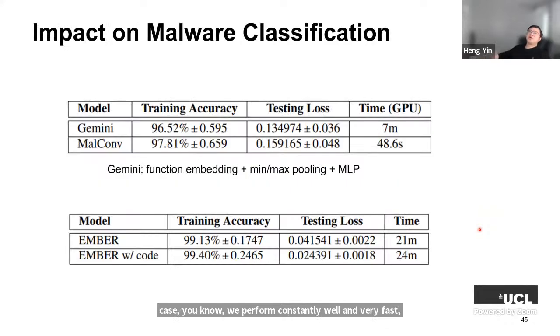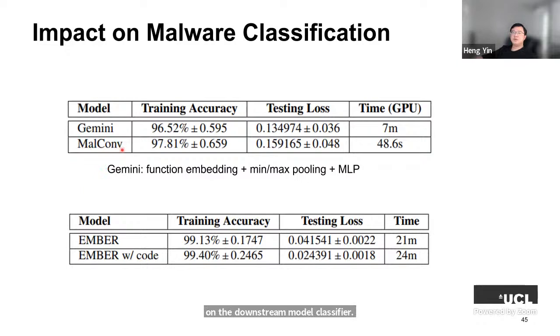So, its impact on malware classification. The idea is that if we can produce disassembly results so fast and so accurately, how much is the impact on the downstream malware classifier? So I'll just show you two evaluations. Malconv is a convolutional network that people have proposed in the past. On this data, the Microsoft malware classification dataset, it performs generally well